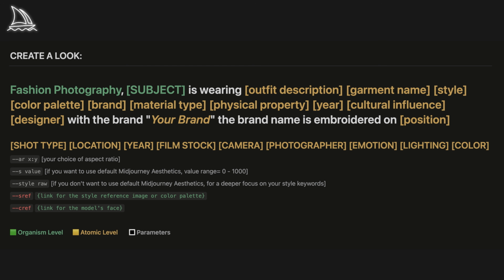Midjourney V6 takes fashion design to the next level and allows us to describe specific combinations of outfit like blouse, shirt, t-shirt, sweater or pants, skirt, shorts, jeans or dresses, footwear and accessories. You can describe brands, colors, physical shapes, styles or designers of these individual garments and make a look out of